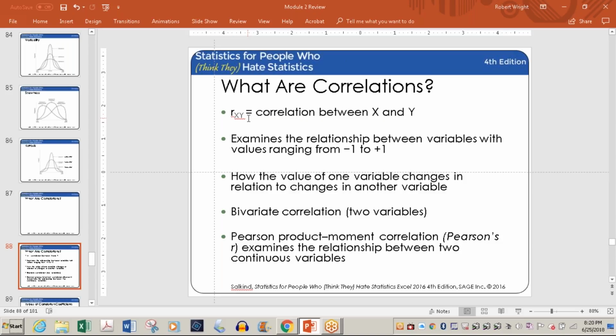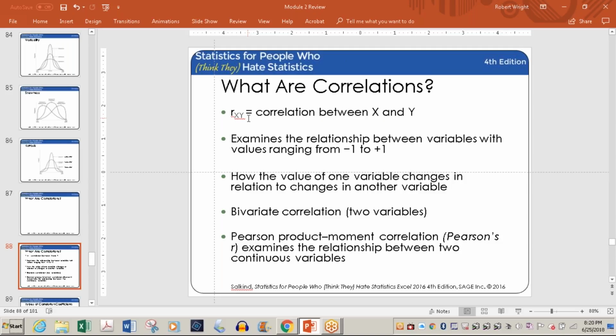This relationship can range from -1 to +1. Now, it's the value of the correlation that depicts the strength, whether it's 1 or 0.5 or 0.75. Don't make the mistake of thinking because it's negative, it's a weak correlation. It just shows what direction that correlation is going, okay? But it can go from -1 to +1, and you will very rarely see it at 1, okay? And basically what correlations are doing is showing how the change in one variable is reflected in the other variable.